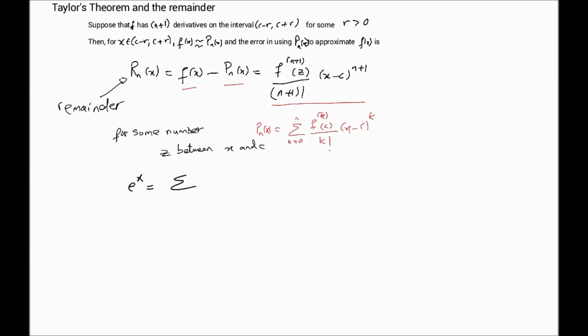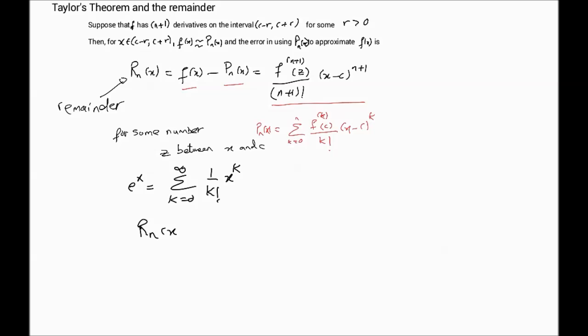Let me just write it down here again quickly to remind you. k equals 0 to infinity, and it's 1 over k factorial times x to the k. Okay, so that's the Taylor series. Now this is an infinite series. Now, if I were to look at the remainder term, so Rn